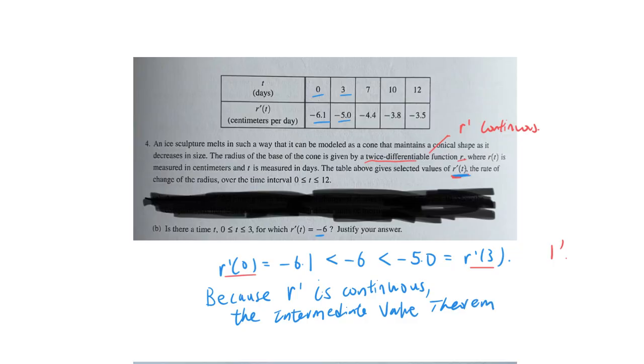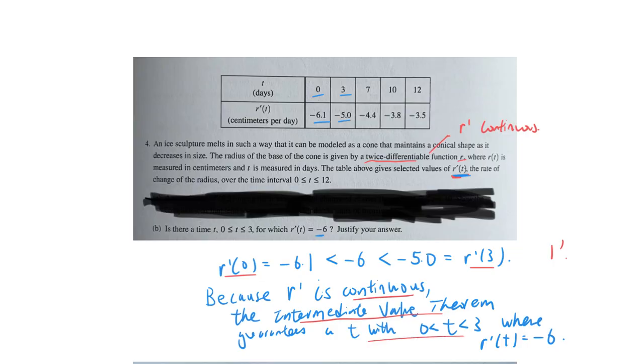The intermediate value theorem guarantees a t with t between 0 and 3 where r prime of t equals -6. So writing this continuous part, naming the intermediate value theorem, and ending up with a conclusion together would earn